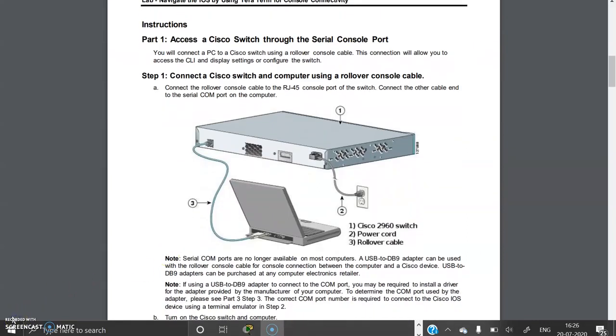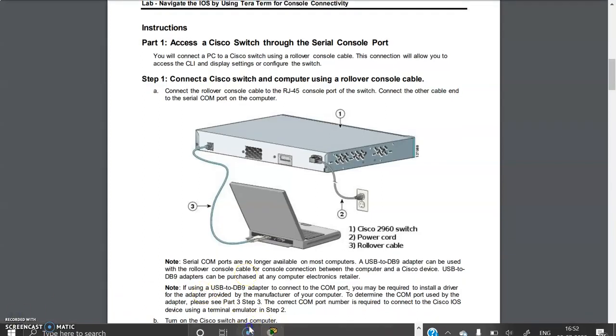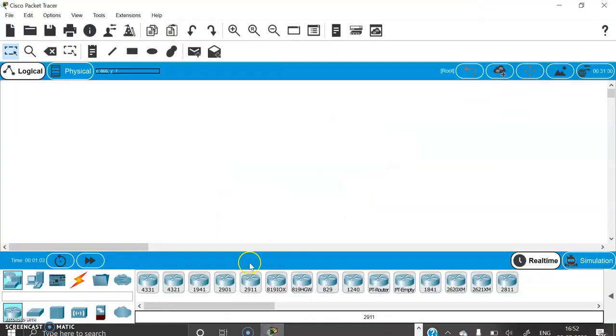Instructions. Part 1. Access a switch through a serial console port. Now we will start the connection to access the switch through the serial console port. For that, we have to use the Packet Tracer. So this is the window of Packet Tracer.